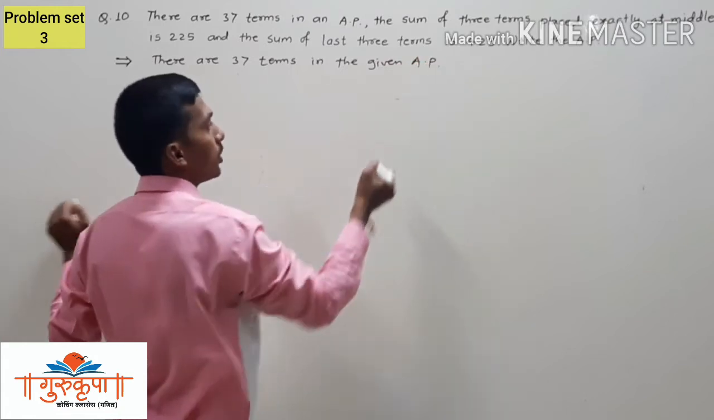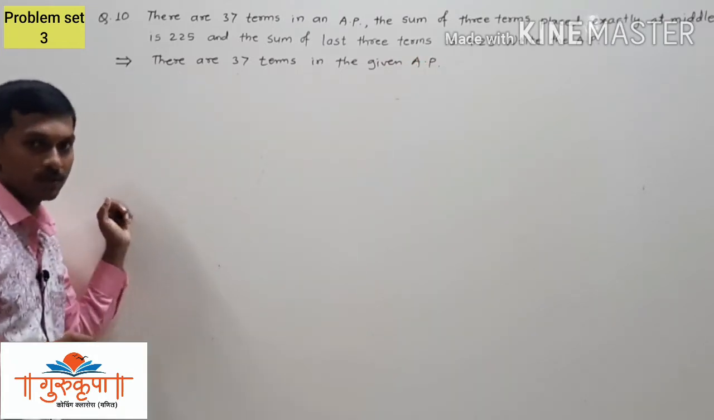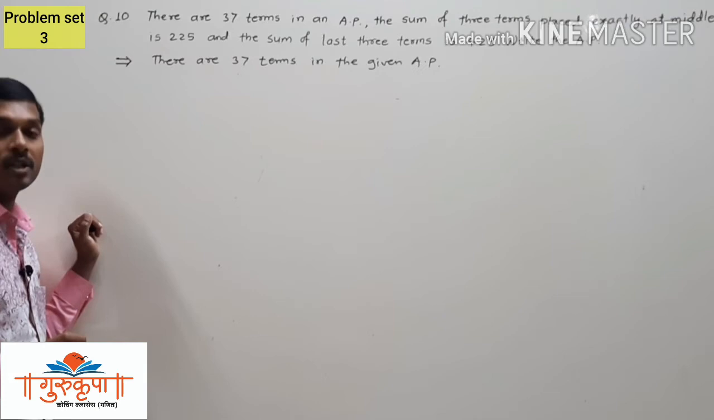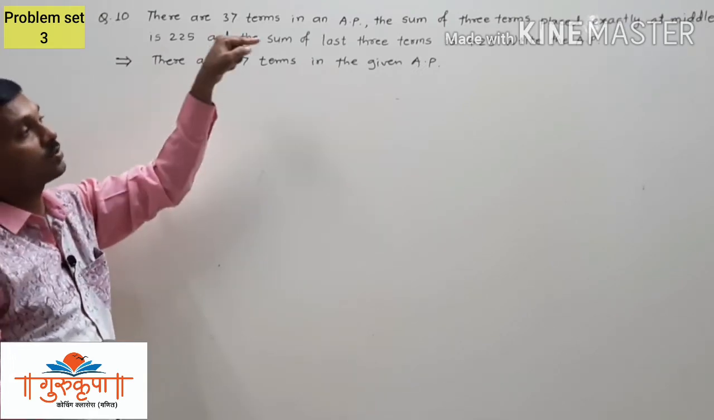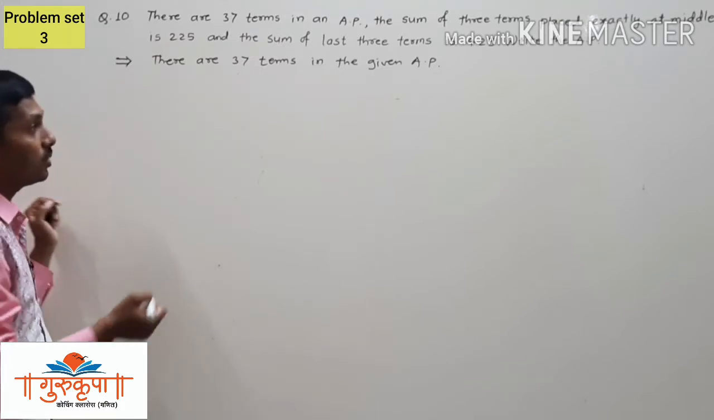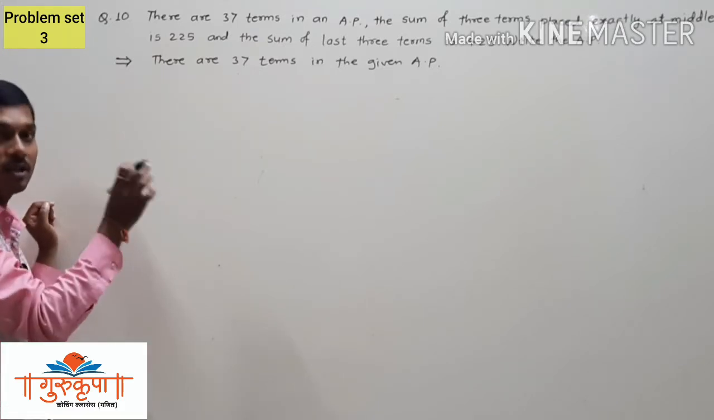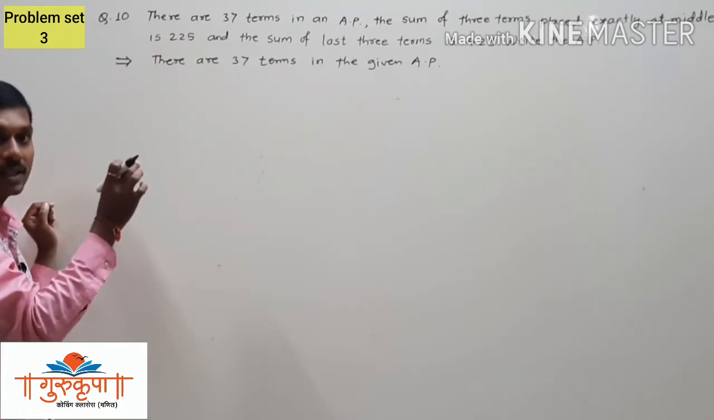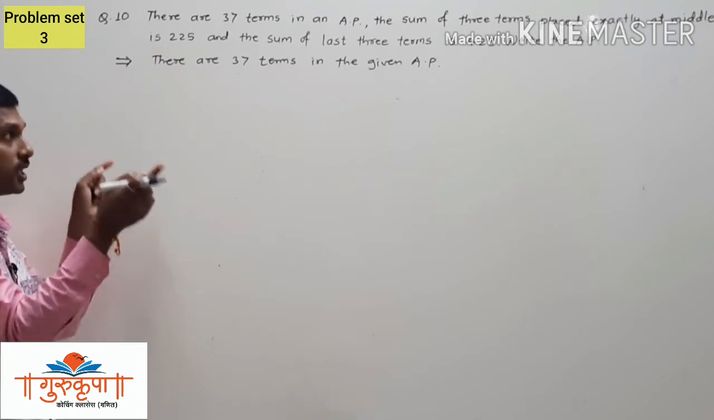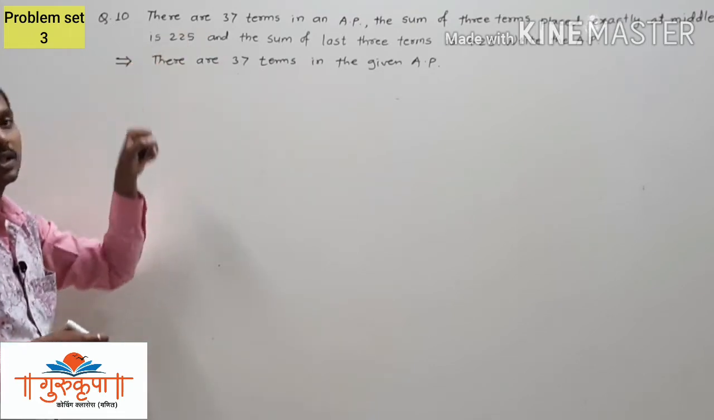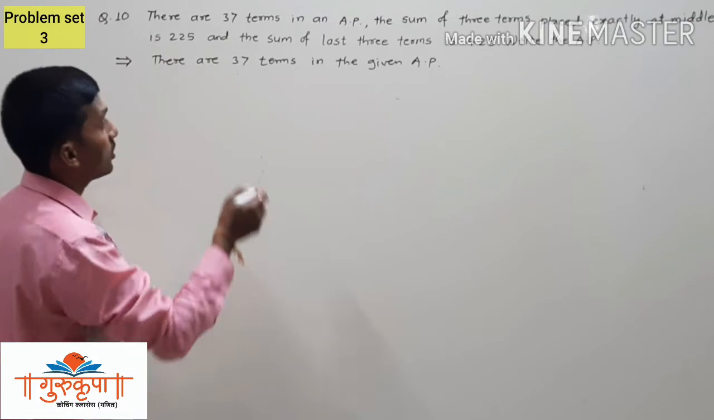So here we have to get the three middle terms first. Which three terms are the middle terms of the given AP? So we will get the single middle term, exactly one term which is at the middle of this AP. Since we have 37 terms, we can write